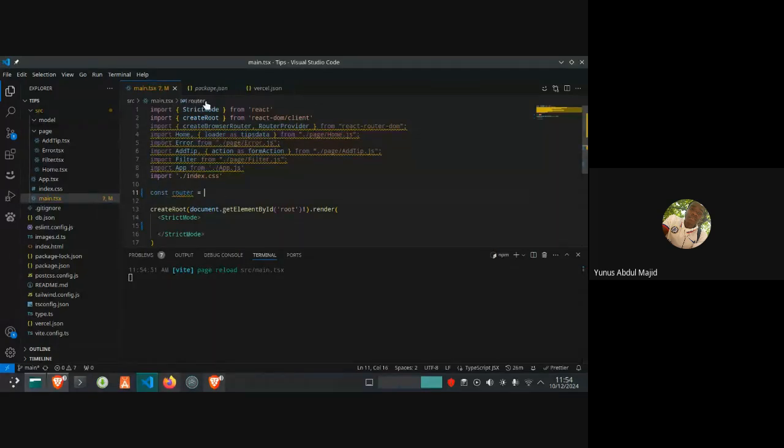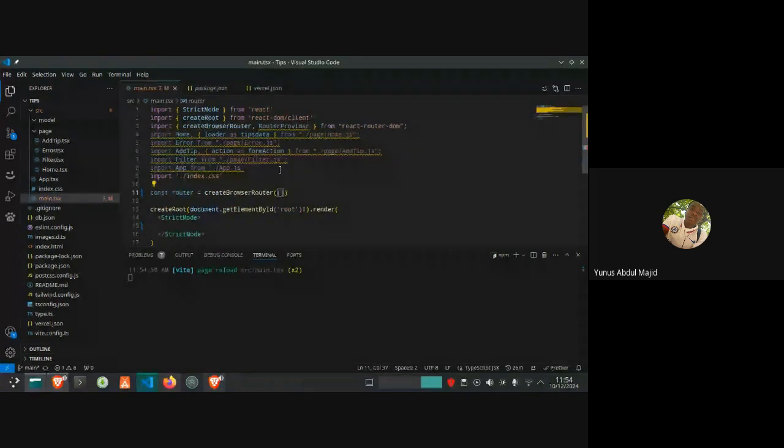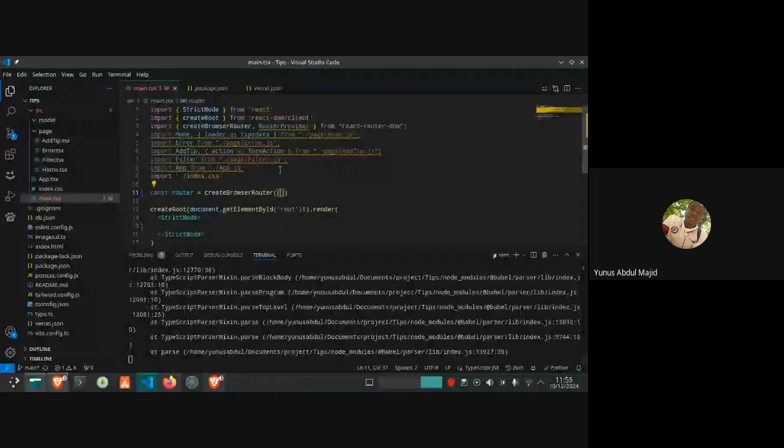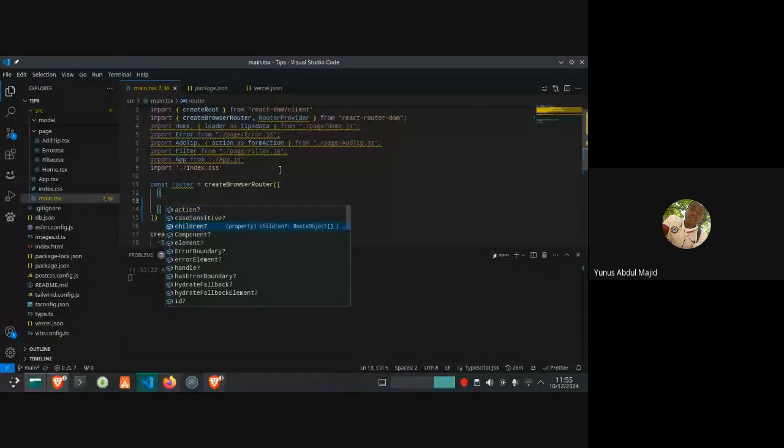Then I make use of createBrowserRouter, and inside it, it receives an argument of an array, which will hold all the necessary objects.